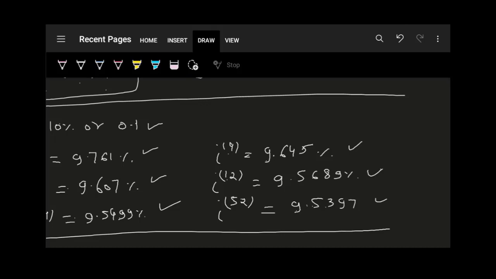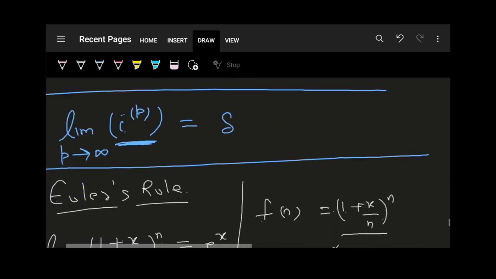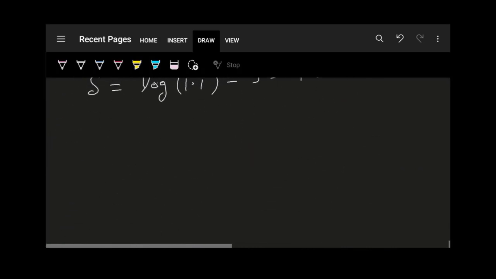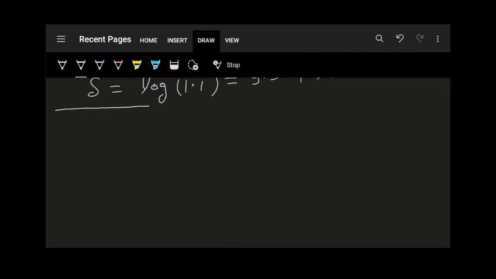So whether we take p equal to 52, 520 or 52,000, this rate will never be below the rate of delta. This rate will never be less than delta. So no matter how fast you are compounding or how many payments you make in a year, delta will be your continuous compounding rate.